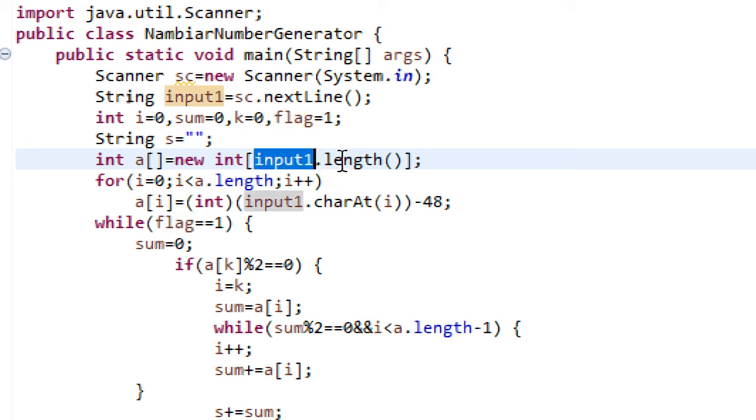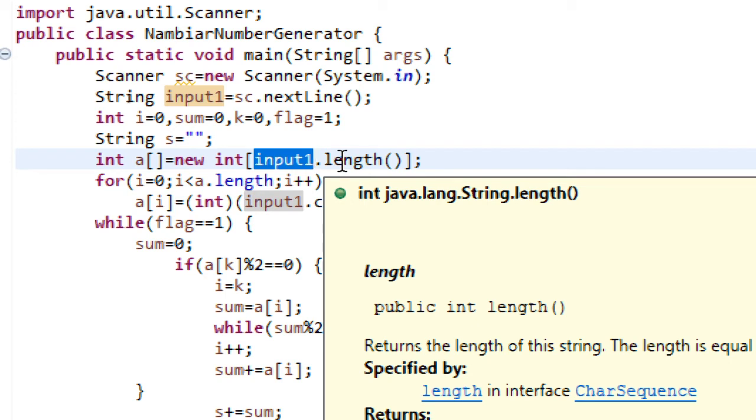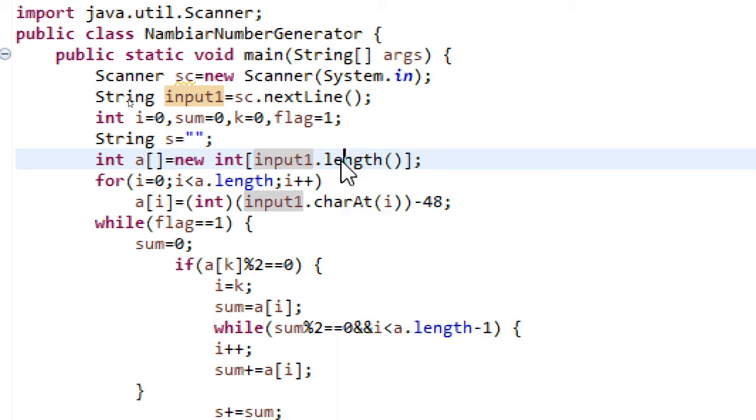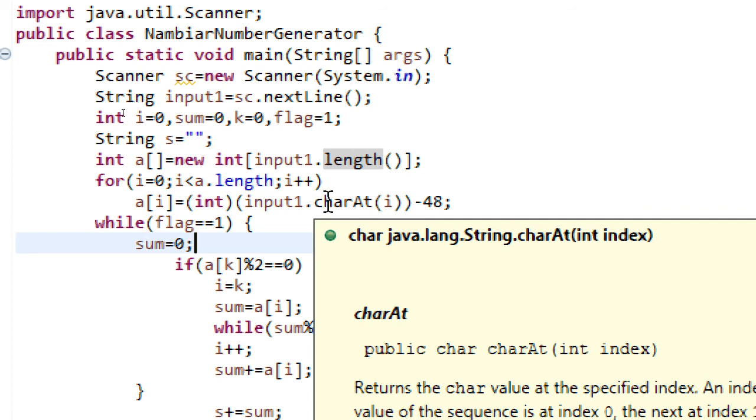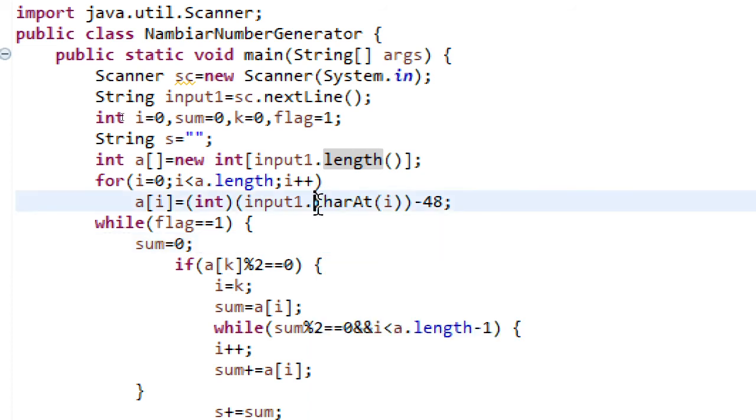You can even use 10 directly here, because as the problem states, the input will be a mobile number that is given to you in the form of a string. You can even give 10 directly, but instead of that I have just used the length itself. And then here you can see what I am doing. Since the input received is in string form, in order to extract digit by digit, whatever mobile number is given, it is given as a string. So I am extracting digit by digit and storing it in an array.